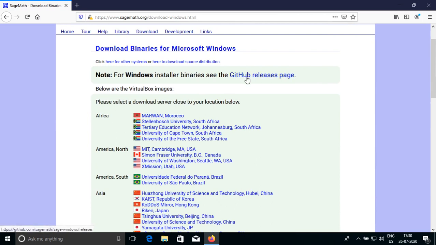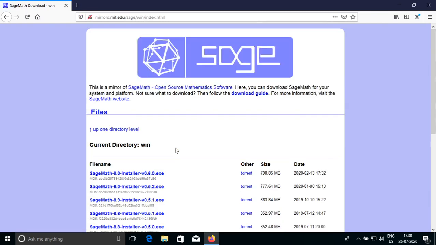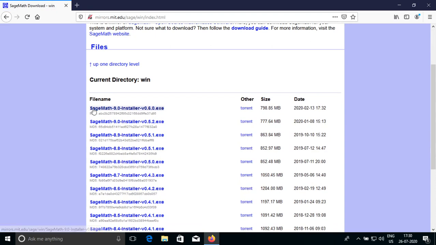So either we can download the Windows installer from this GitHub page, or alternatively we can download from one of the mirrors listed here. I'm clicking on this. And we can see several files listed here: SageMath 9.0 version 060 exe, 9.0 version 052, 051, etc. SageMath 8.9, 8.8, etc. These are all older versions of SageMath, and this is the latest version.